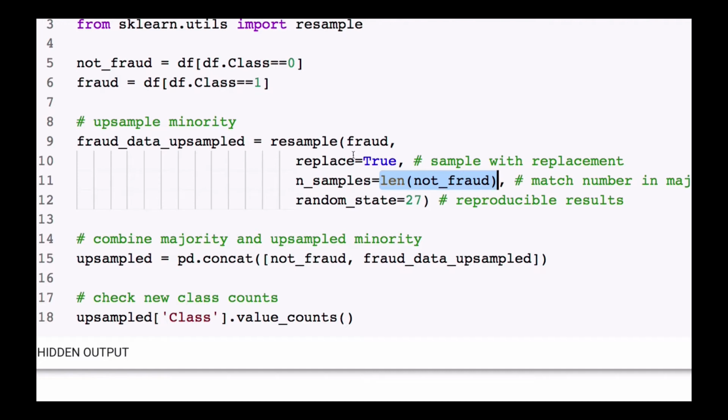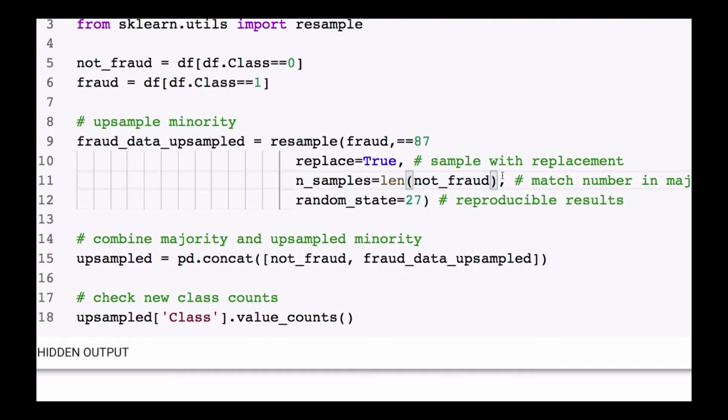So I want this one, which is 87, to match the 23,235, right? Because the fraud cases is only 87 in there. So I'm going to pick one of the 87 and then duplicate it. Then I'll put it back. Then I pick another one, duplicate it, put it back. Pick another one, duplicate it. I put it back. Okay, and then until I have an amount which is equivalent to this not fraud,